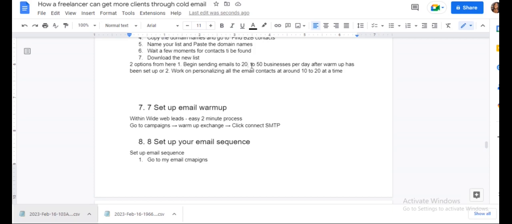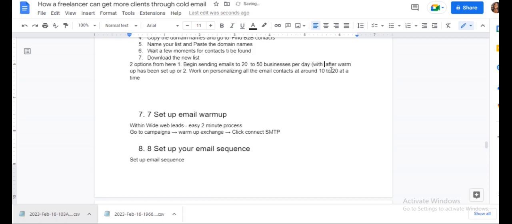But if you're not personalizing it, with no personalization you can send about 200 to 500. And oh, here we go. Worked on personalizing all email contacts at around 10 to 20 at a time.